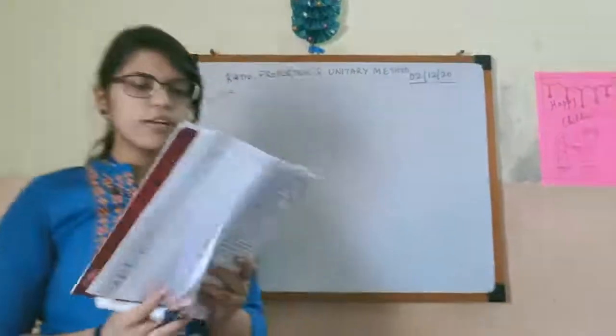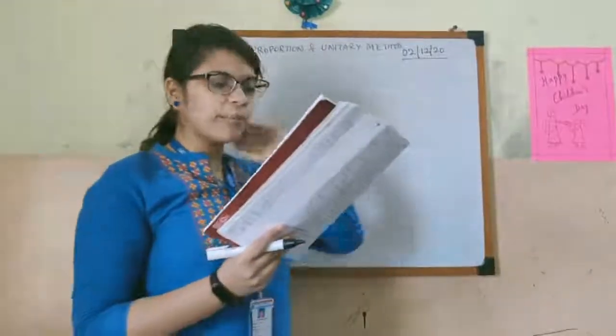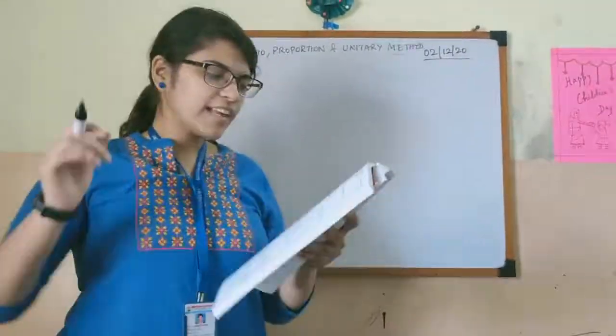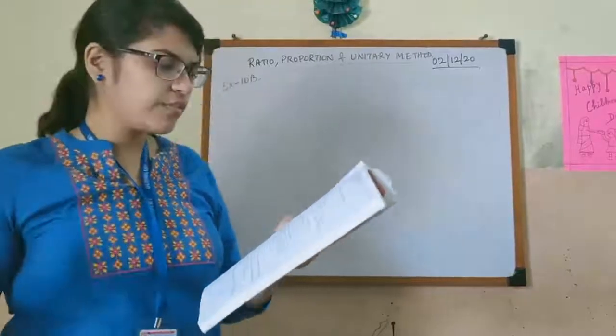Now next, sum number 2. Suppose I take number 1. The first term we have 60 is to 105, proportionate to 84 is to 147. Now this is given in the proportionate form. Why? Because the question is verify the following. Verify means what? This is already true, you have to prove it, right?